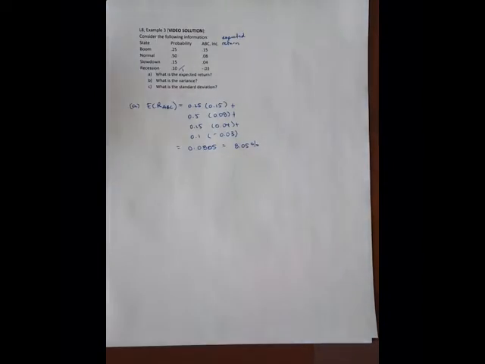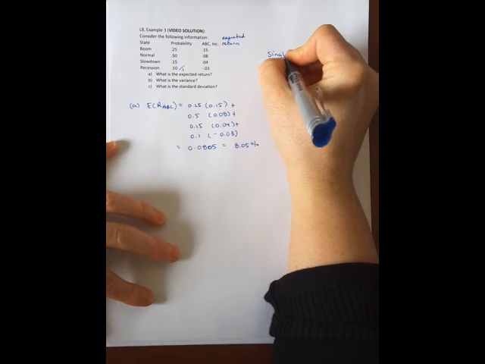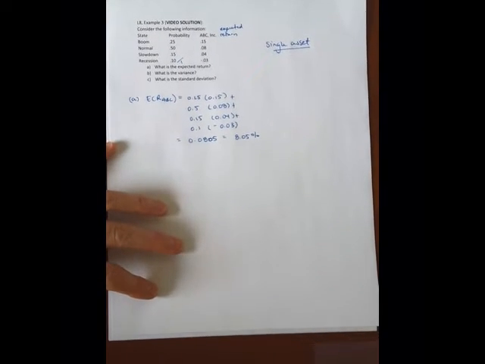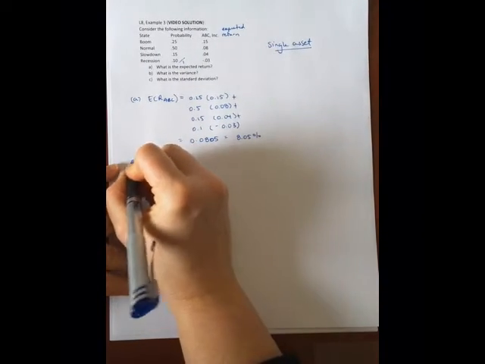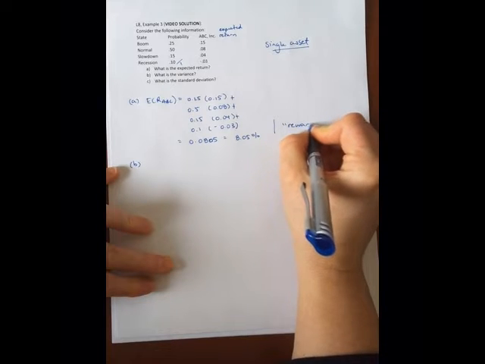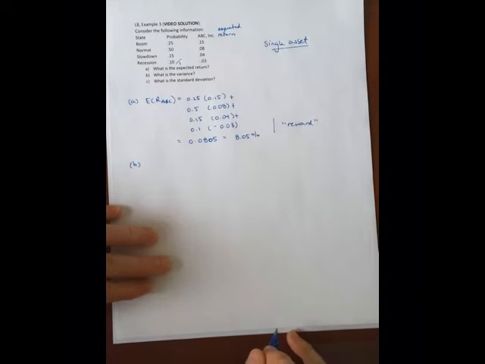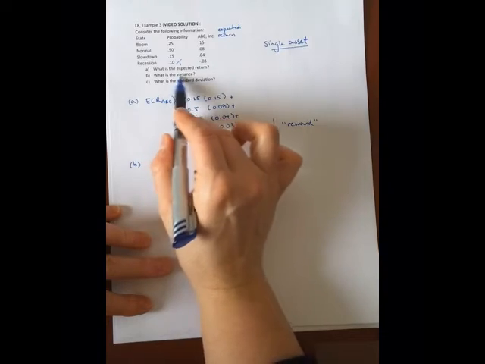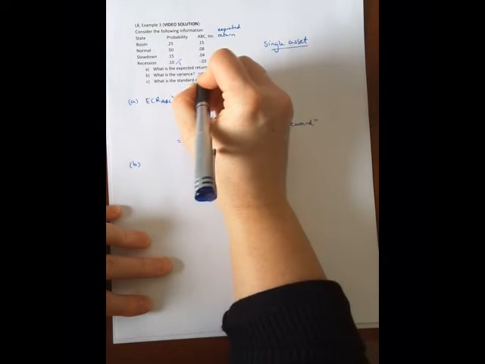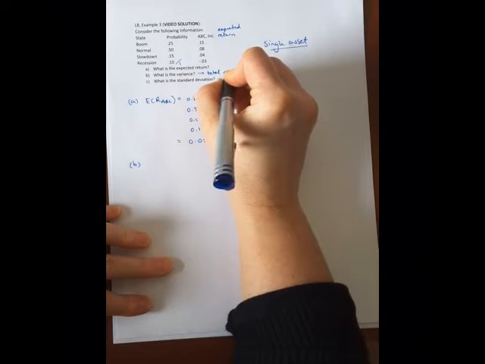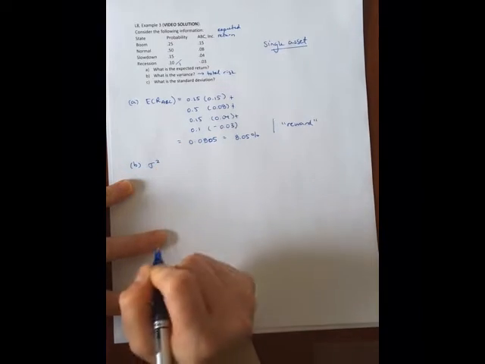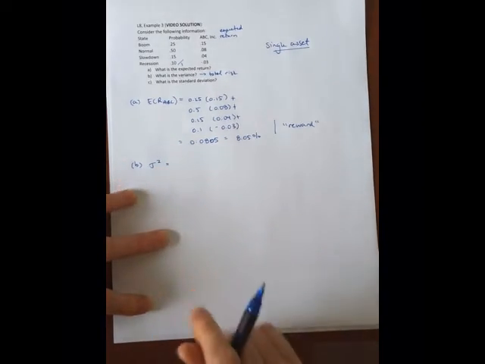Okay. So remember, this is a single asset. We don't have multiple assets, so we're not in a portfolio setting. It's just a single asset. So the second part of the question wants us to look at the risk element, because remember, this is the reward component of the risk to return relationship, and the second part is asking for the variance, and that's for us the risk element, total risk. Okay, so to do that we want to calculate sigma squared. So sigma squared is equal to the weighted sum of the